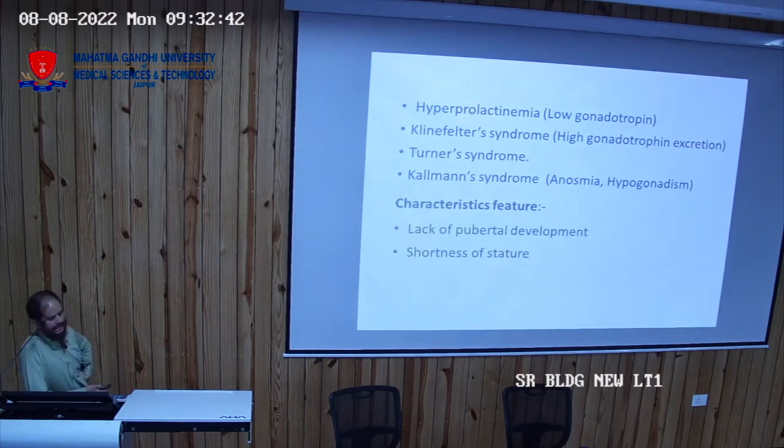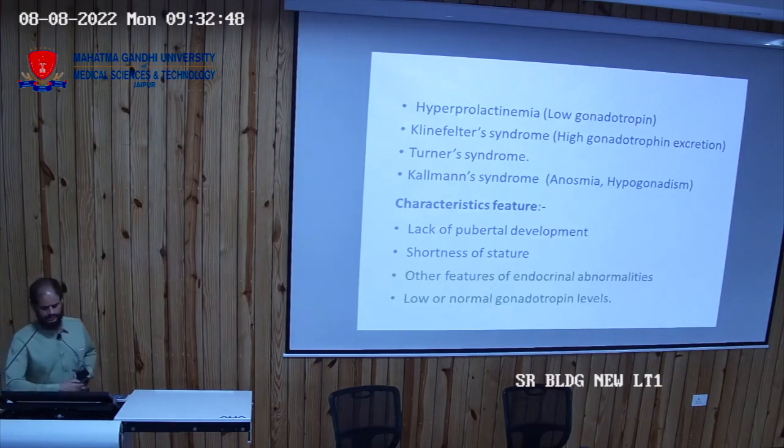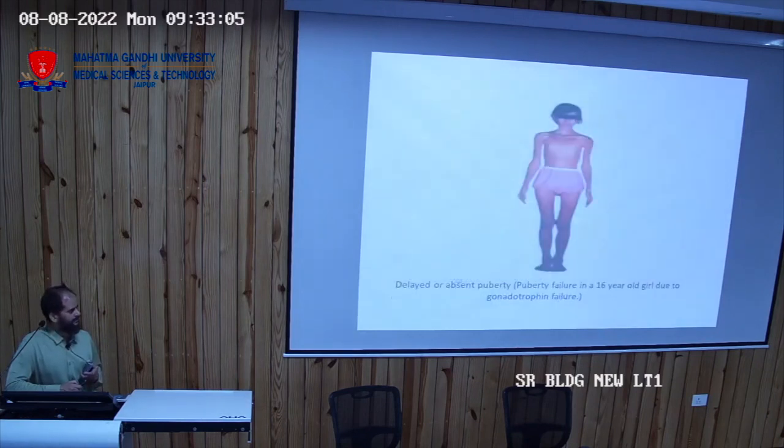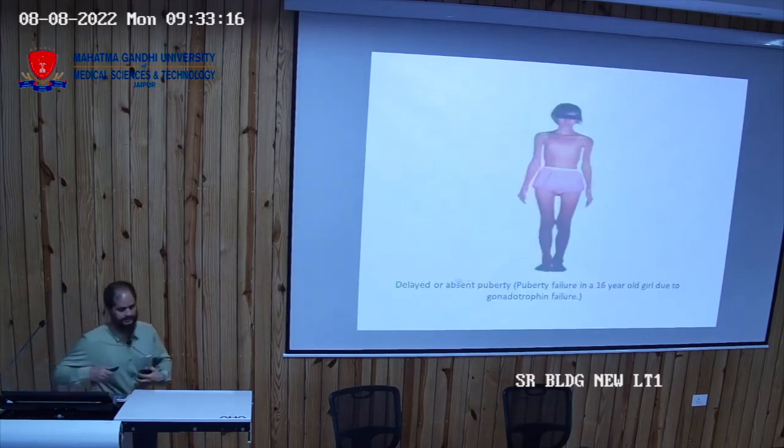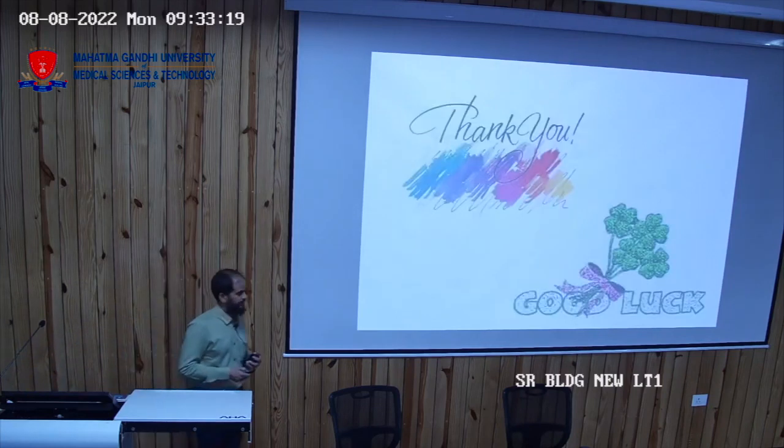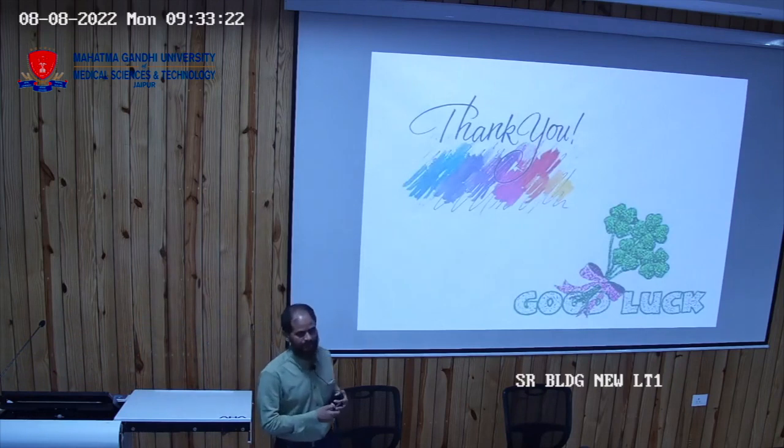Characteristic feature is lack of pubertal development. Obviously there will be shortness of stature, endocrinal abnormalities may be there, low or normal gonadotrophin levels may be there. Gonadotrophin can be low, can also be normal, but that gonadotrophin will be resistant; it will not work on the receptors. Okay, delayed or absent. You can see here a 16-year-old girl, lean and cachectic. Okay, there is delayed puberty, a case of delayed puberty. Alright, that's all about puberty. In the next class we will discuss the male genital